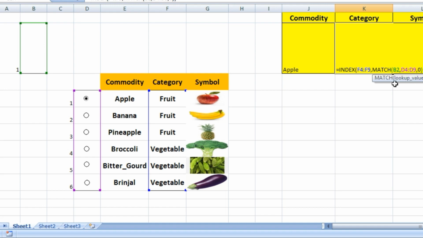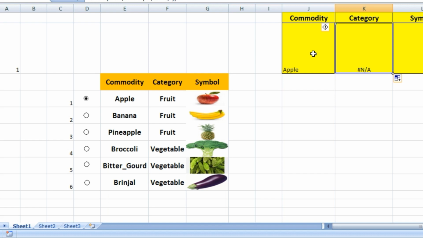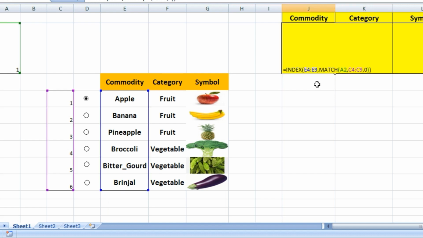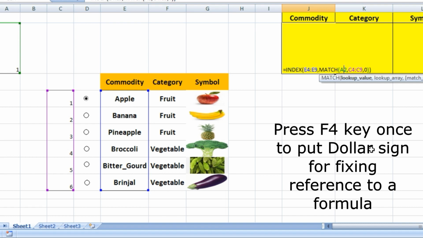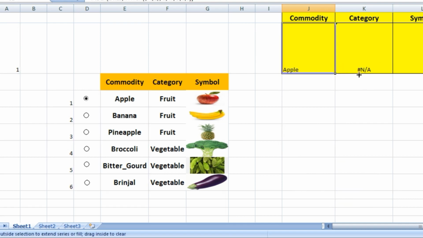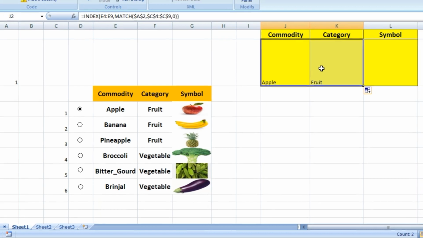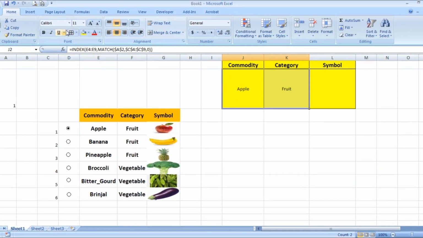This happened because we dragged the formula to the right side. So what should we do? I am pressing the escape key. Here we should change the formula. This E4 to E9 is okay and is not to be disturbed. Here for A2, I will keep pressing F4, or you can put a dollar sign, but pressing F4 will work. For C4 to C9 you have to press the F4 key again for both. Now it's okay. Press enter. Now if we drag to the right, it will work. Just for beautifying, I am making it a little larger and bold.